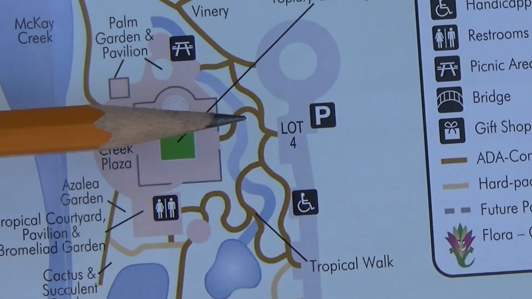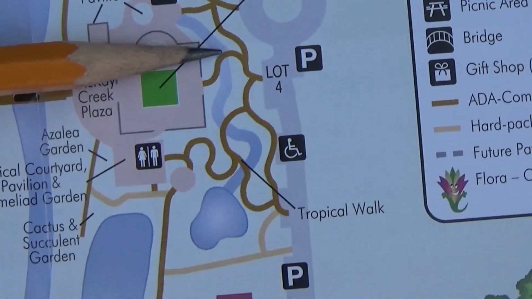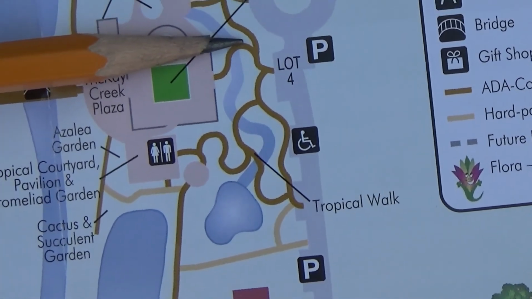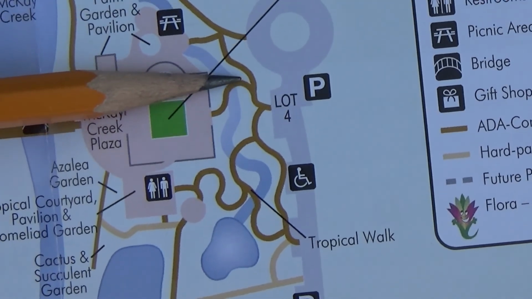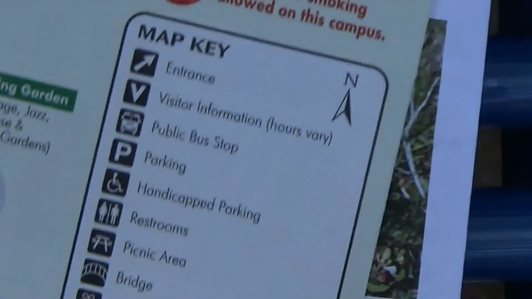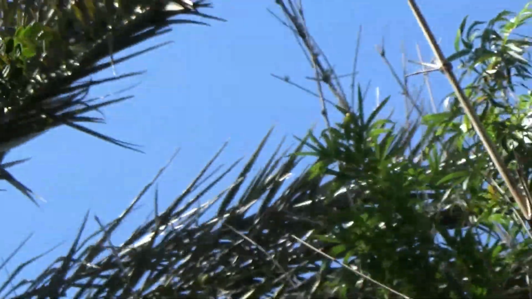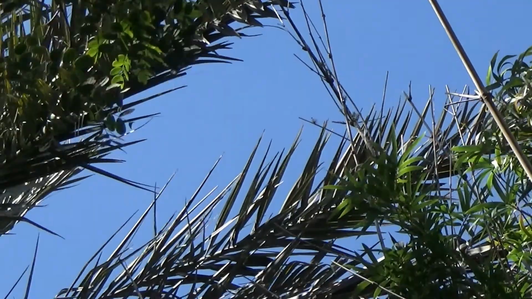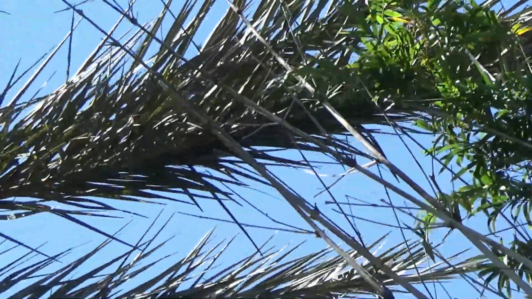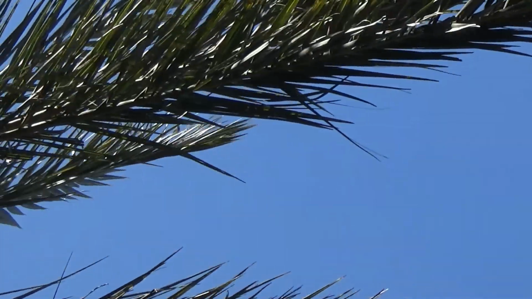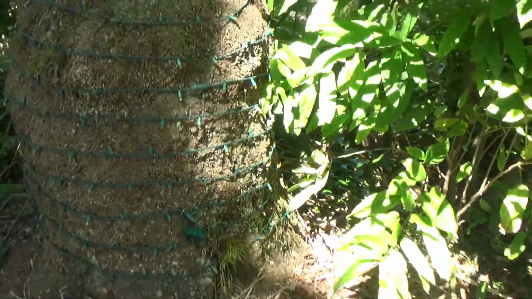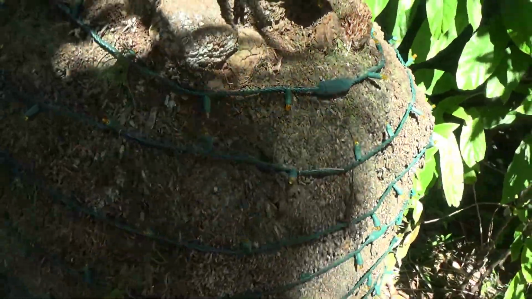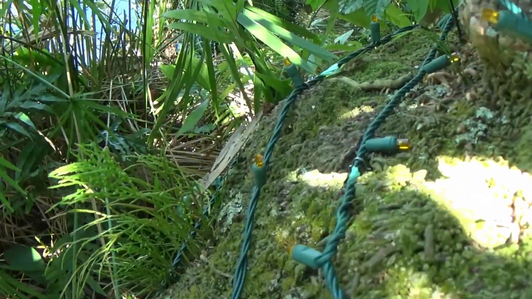Just to help you out if you're trying to find our location, I think I'm about right here. The reason I wanted to stop here is because we have a palm tree, a big old one that looks like a date palm. And this palm tree is like a bio-collector, plant collection nirvana, because on this palm tree we find different types of plants. Down here near the base, oh, they've started putting up Christmas stuff already. Down here near the base of the palm,